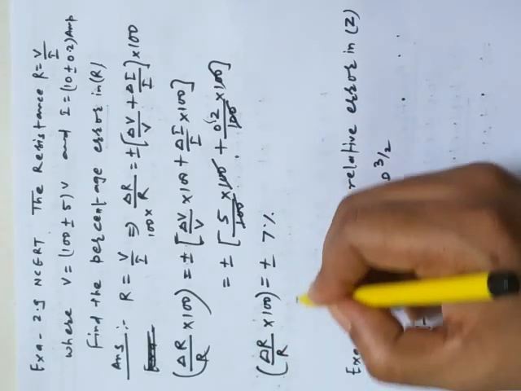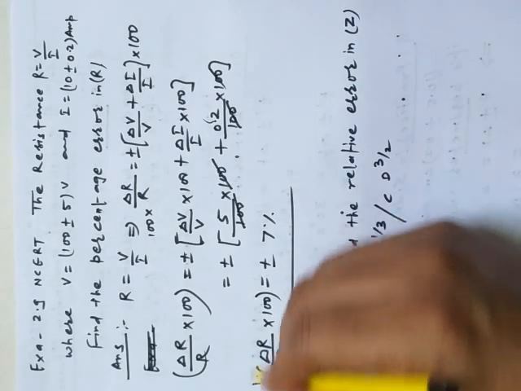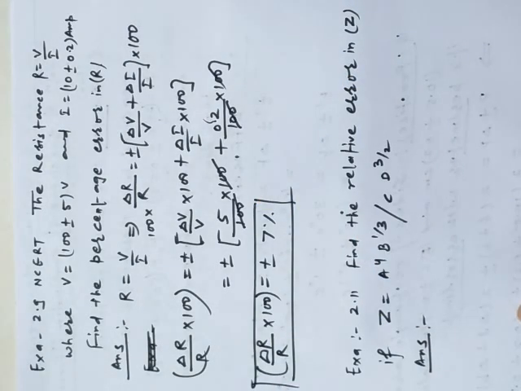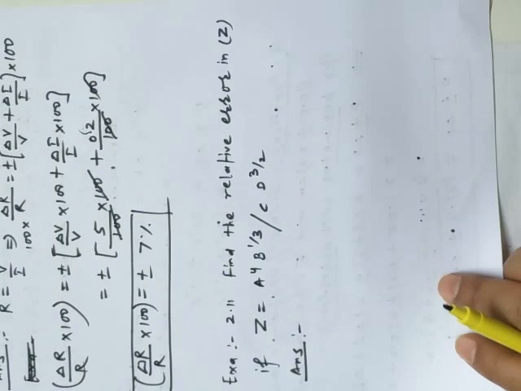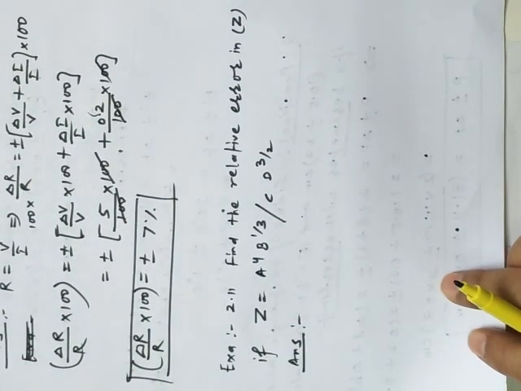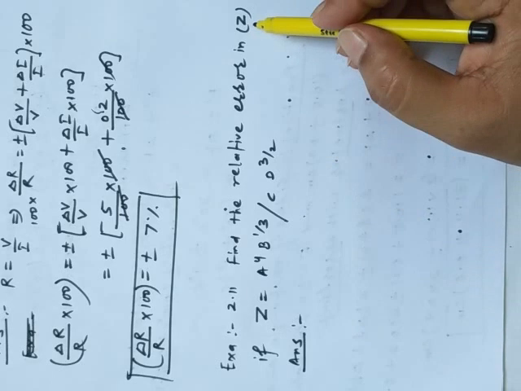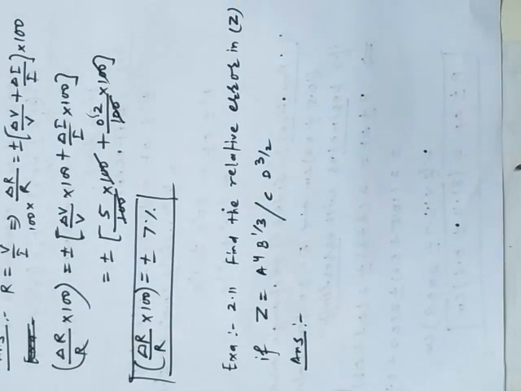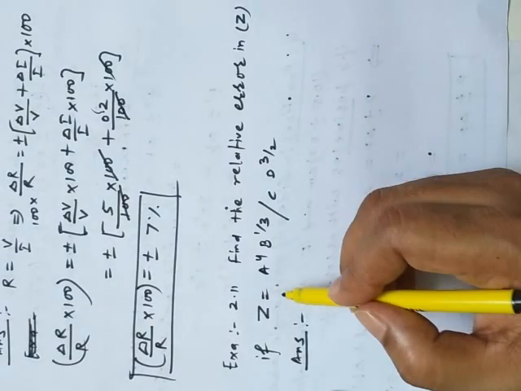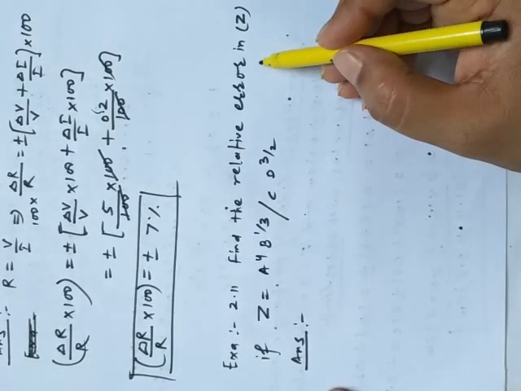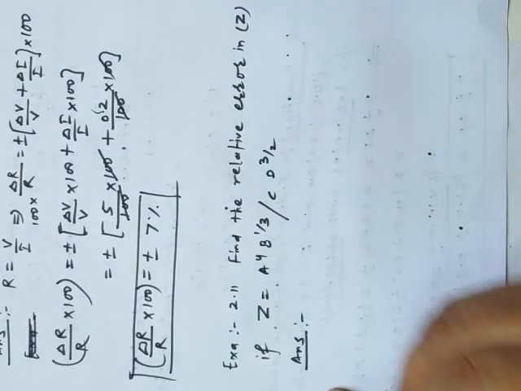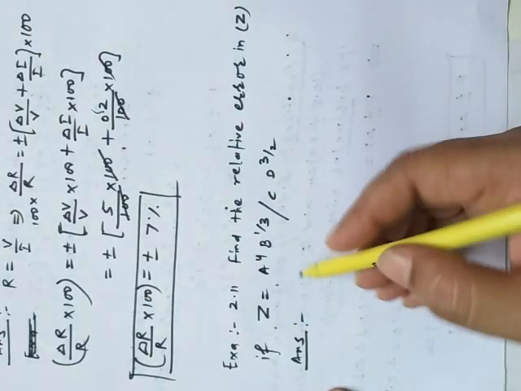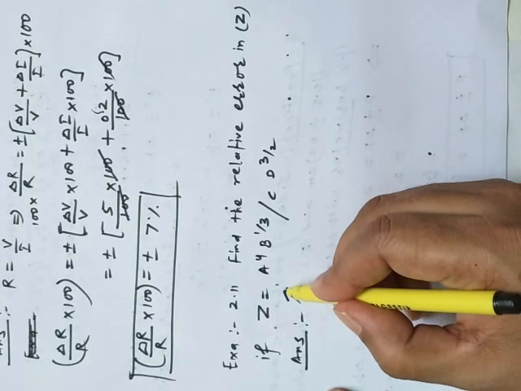So up to 10th, whatever formulas you have learned, you must go through them, because each and every time the formula will not be given in the question. Okay. Now question number 2.11. This is another question from the NCERT examples. Find the relative error in Z. In this question we don't have any value of the physical quantity. It is only asking what the relative error or fractional error in Z is. So we can think about the formula for the combination of errors here.